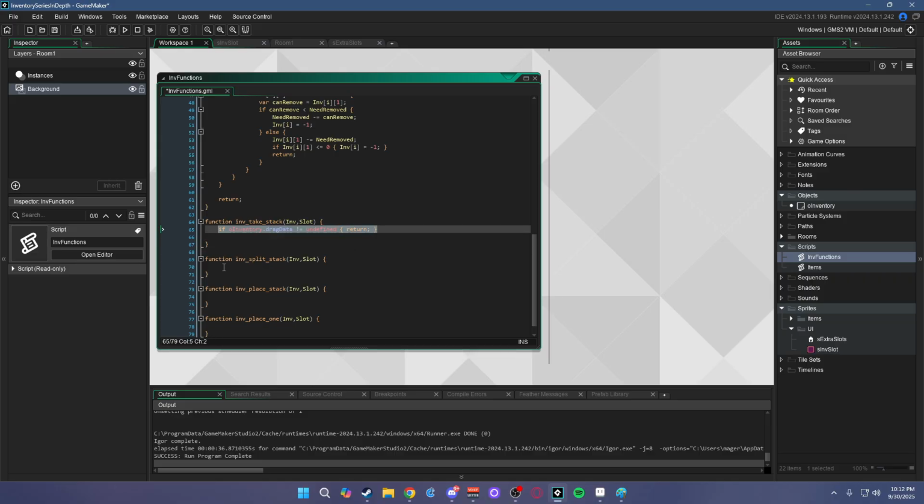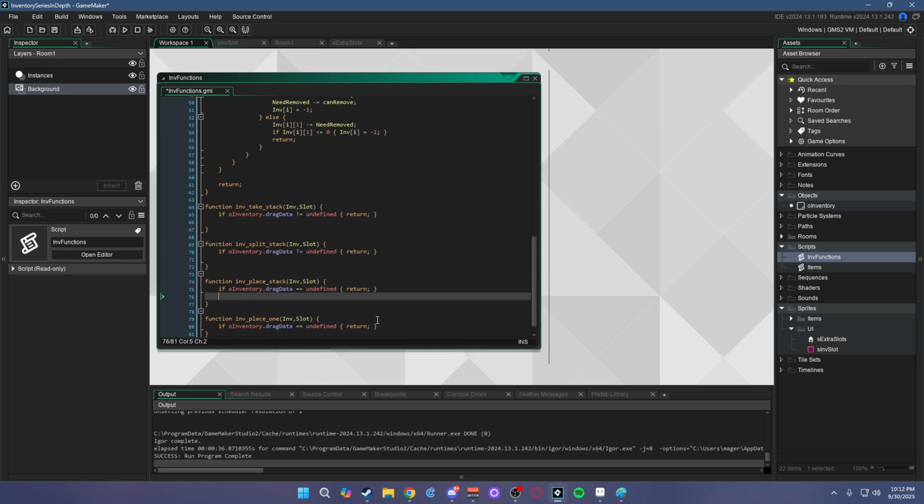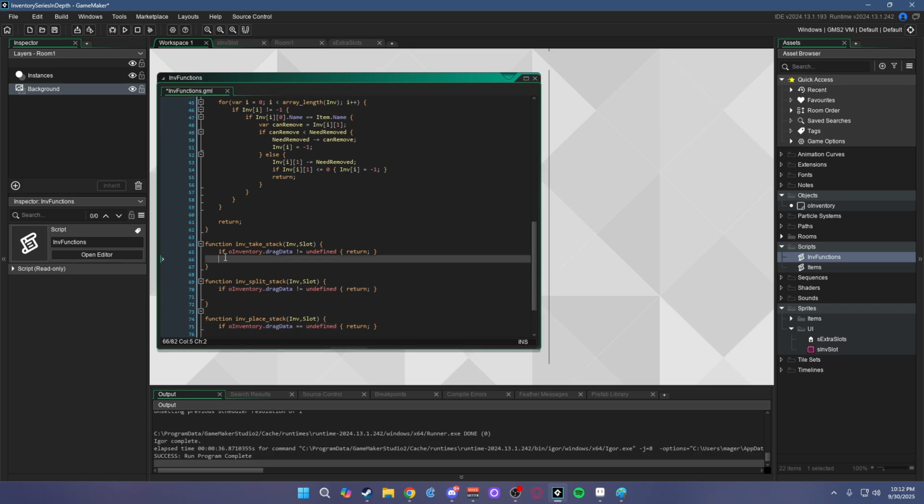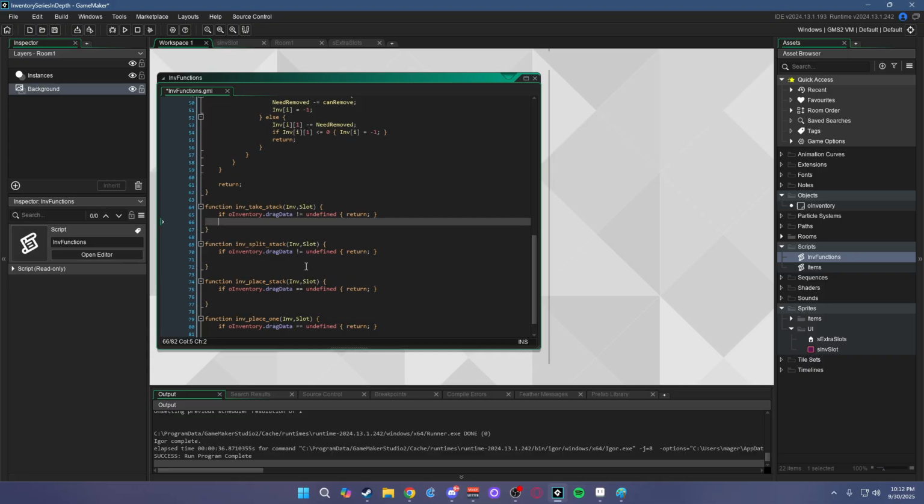And we're actually going to take this on the split stack, do the exact same thing. And the inventory place stack, we're going to say the opposite. So if it is equal to undefined, then give up. Same thing with place 1. Those are important safety checks just so the game doesn't crash or so it doesn't over search for variables that